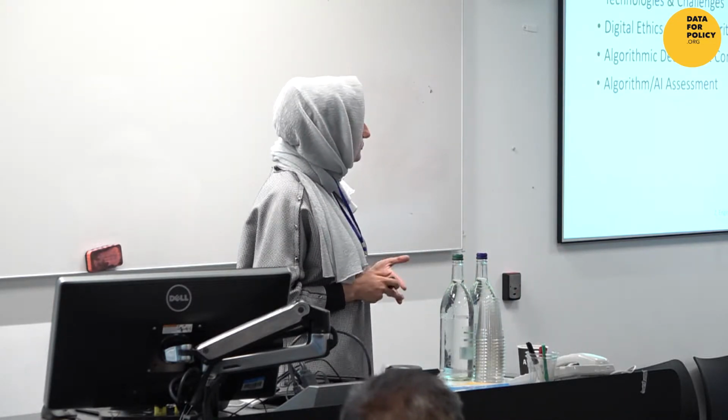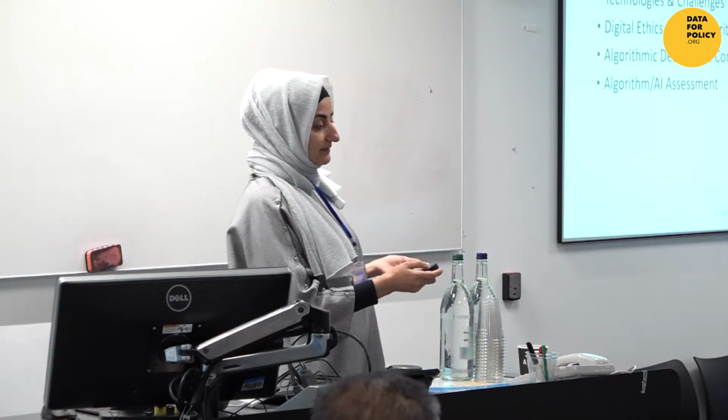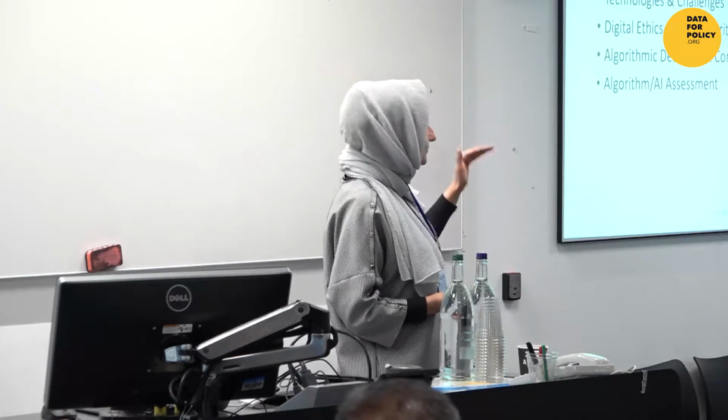And then I'll go into some definitions: digital ethics, data, algorithms, and interactions. We'll then go through a series of really interesting case studies that are emerging, almost like textbook cases. And then I'll briefly introduce a set of building blocks that we think should be part of an algorithm assessment